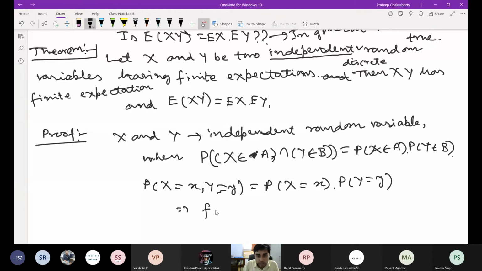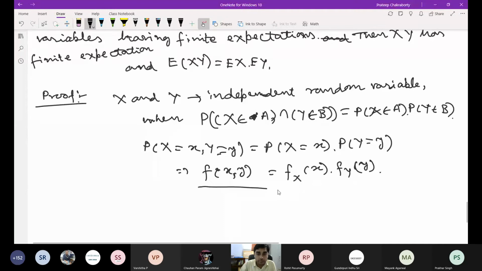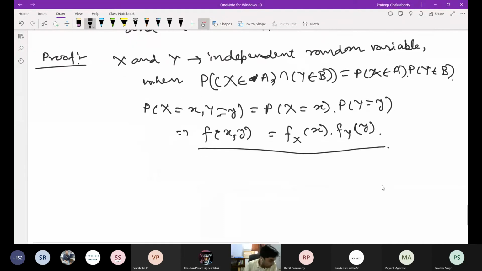So that means the joint density function f of x, y is equal to the product of these two individual density functions. This is the property of independent random variables: f(x, y) is equal to fX into fY. So we have to just use this thing. Here, summation over x, y of mod xy f of x, y